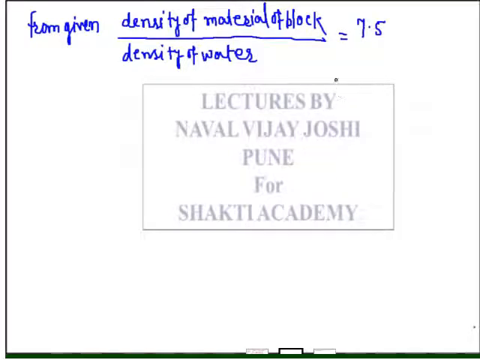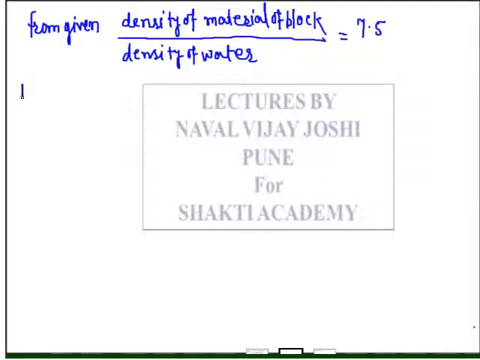And remember specific gravity has no unit. So whatever unit you want to use, you can use, but the only precaution is you must take the same units in numerator as well as in denominator. So as I told you, I would prefer the CGS system because I have a special property, that I can directly replace the volume by gram and gram by volume, that is ml, in case of water in CGS system. This is the facility I am using.